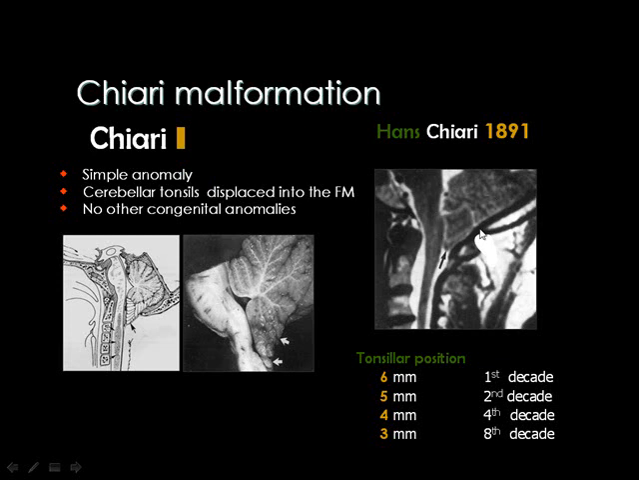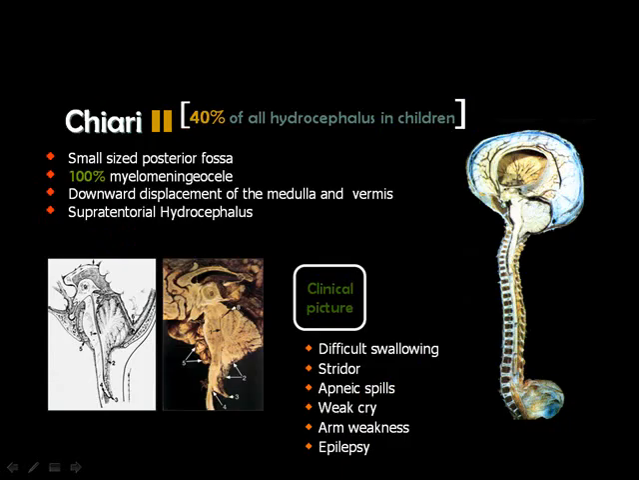You see, this is the edge of the foramen magnum, and this is the cerebellar tonsil, which has descended posterior to the cervical spinal cord. No compression of the fourth ventricle, no hydrocephalic changes, and this is a simple anomaly which may be considered a normal variant. The Chiari-2 malformation, which represents about 40% of the causes of hydrocephalus in children, there are more